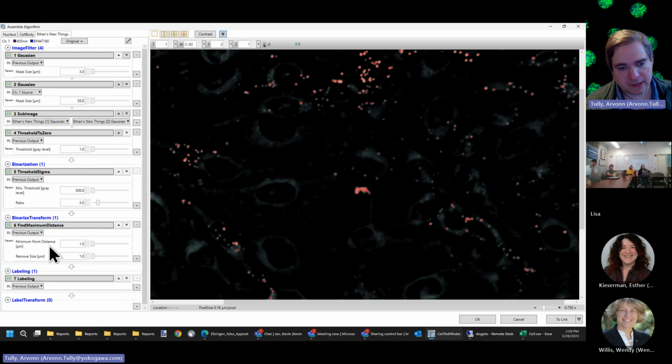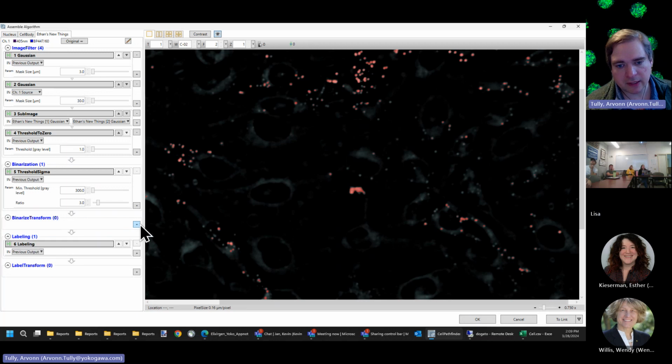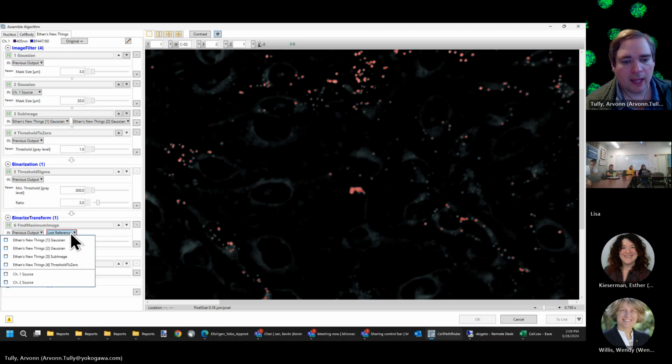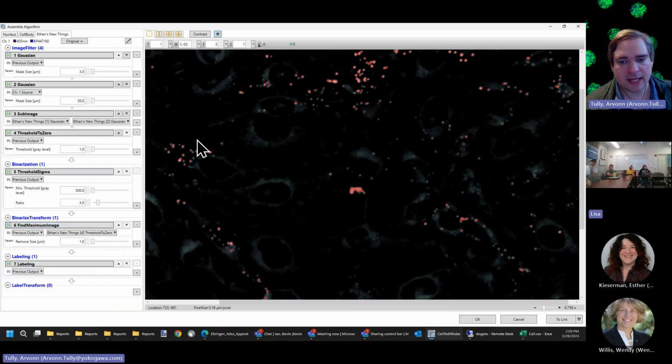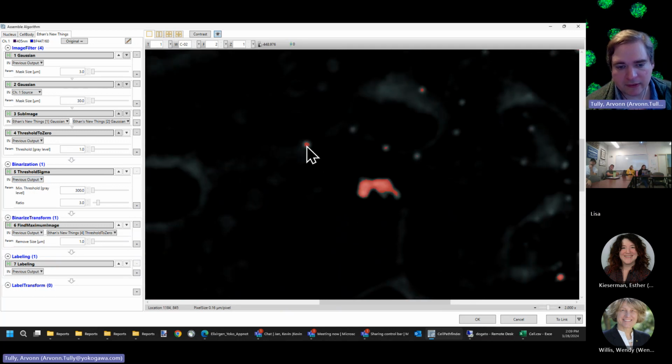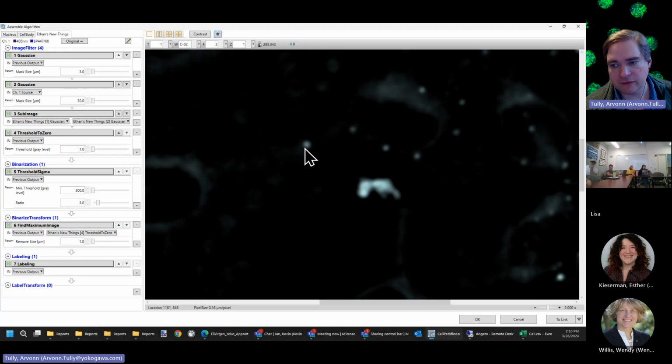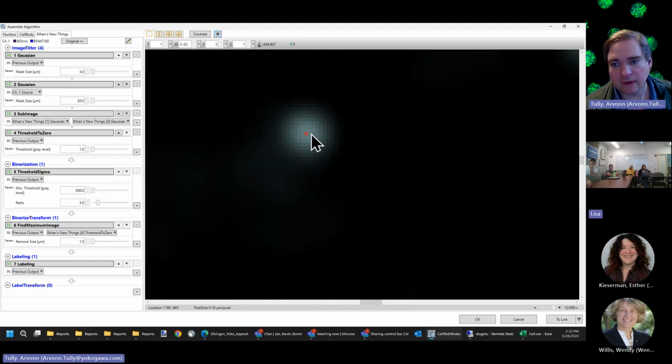What this does is it will take this previous, I don't want to do maximum, I take that back. I'm going to do find maximum image. I'm going to set this, so it's going to take this binary and reduce it, and it's going to find the maximum intensity point in the center of each of these. It's going to use that maximum based on the intensity of this previous image. So it's going to go through and find a whole bunch of individual points. So you see there? We can use that, and this is basically going to be